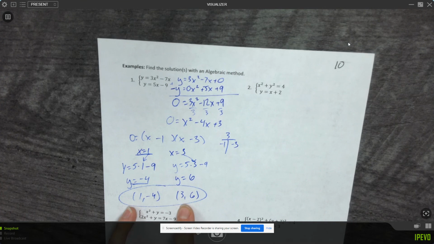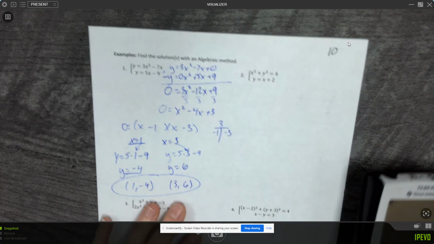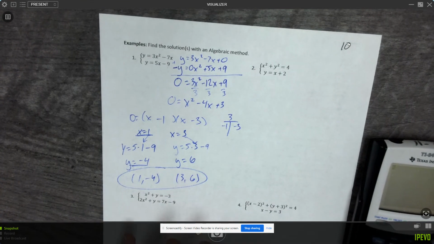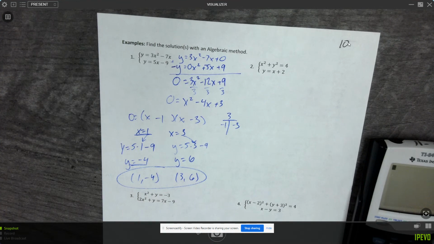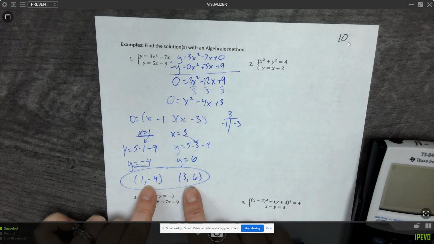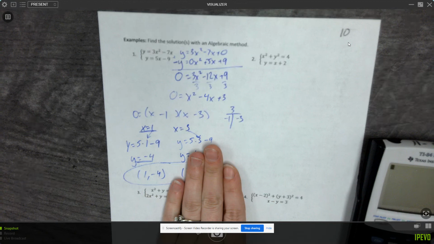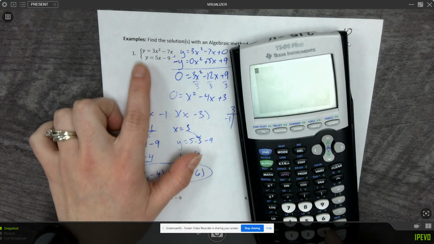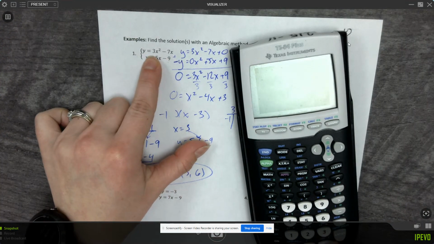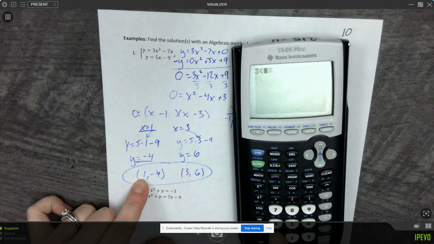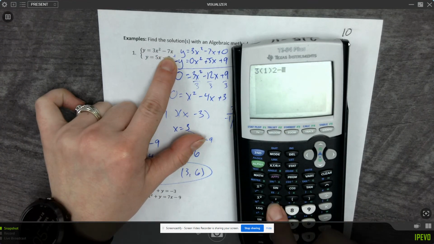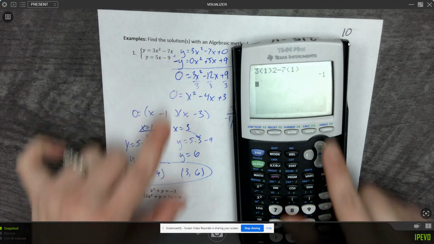I think I ran out of time. I didn't show you how you also can check those. You are not going to want to graph them. It's going to be very, very difficult to do that because there's going to be a lot more things you have to do. Instead, you have two answers, two coordinate points, x, y, x, y. Deal with the first one. Type it in your first equation. So I'm going to plug x in. So I'm going to do 3. My x value is 1 squared minus 7 times 1. And I get,